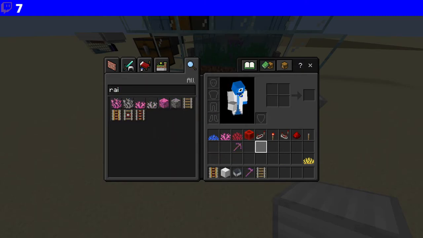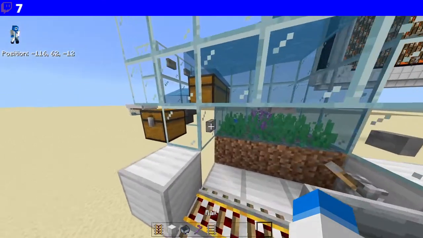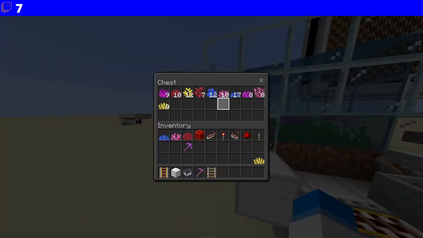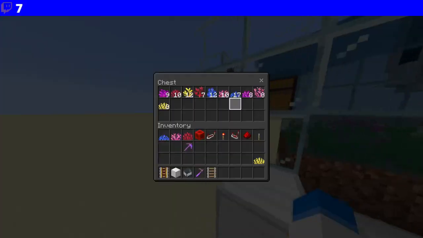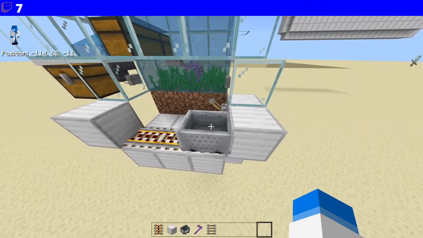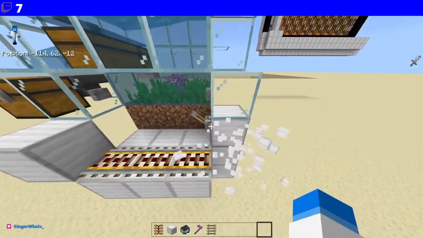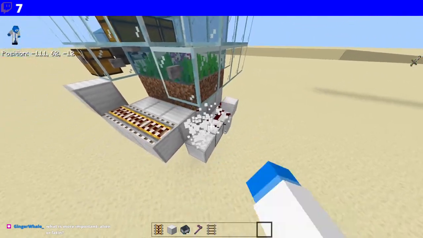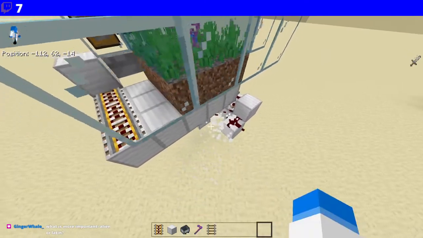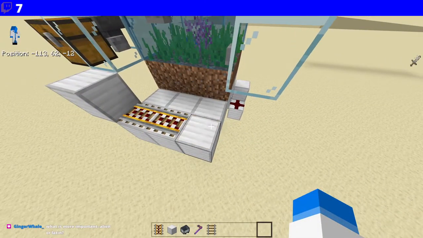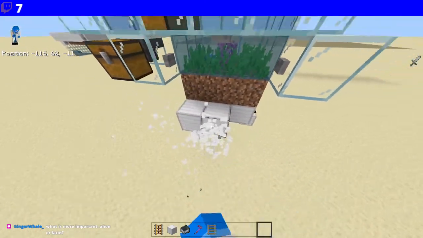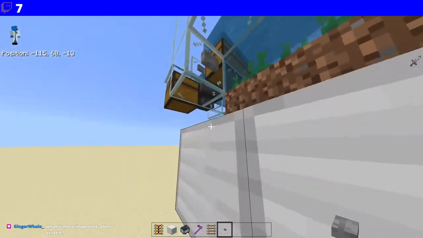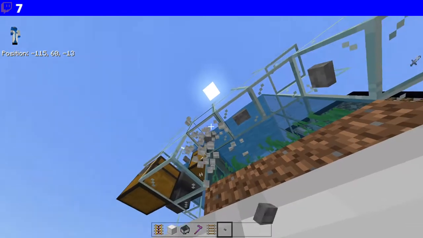Go all the way around. Maybe just not going around this side because that's where our item collection is. But wow, we've already got loads of... well, not loads, but a pretty good amount of coral for how much we've been using it for. So if we get rid of this temporarily, and this, and then simply